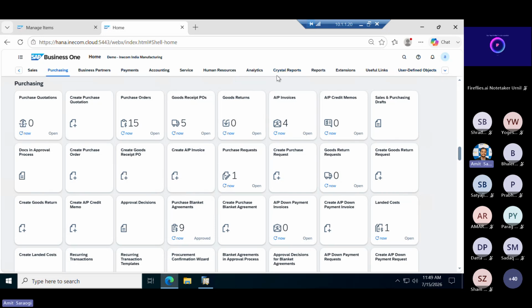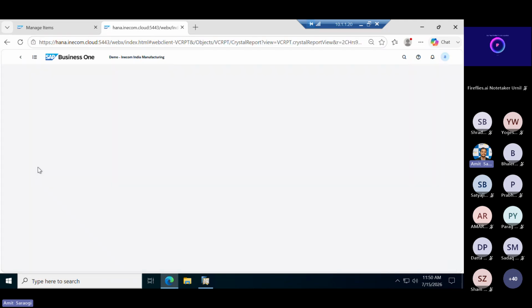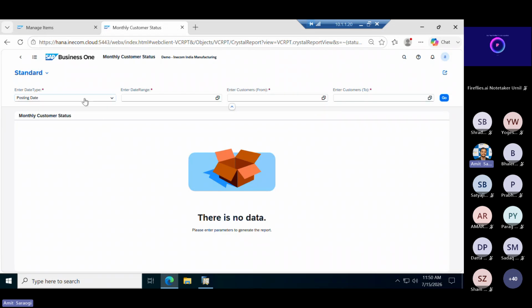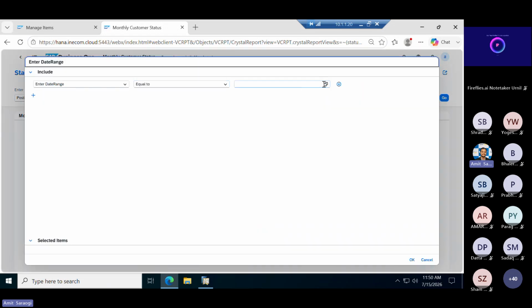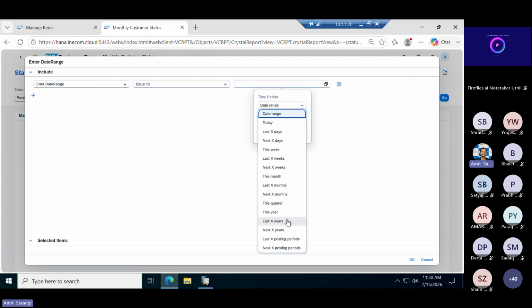Now we will look at the crystal reports that have been added. You can see the list of crystal reports that are available in your traditional client. The ones that are already available will now be available here on the web client, and you can run those reports directly from here. It will also pick the options, the filters that you have in the existing system, where you can choose